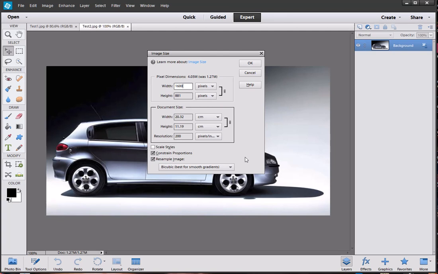The next thing is this. This is the default for altering images within Elements. You can actually select one of the other versions, enlargements and reductions, hard edges or bilinear, but if you don't know what they are, leave it on the default, which is smooth gradients. That works in both directions for enlargements and reductions, and for what we're doing, it gives a pretty good result. So once you've got this set up, you can click OK,